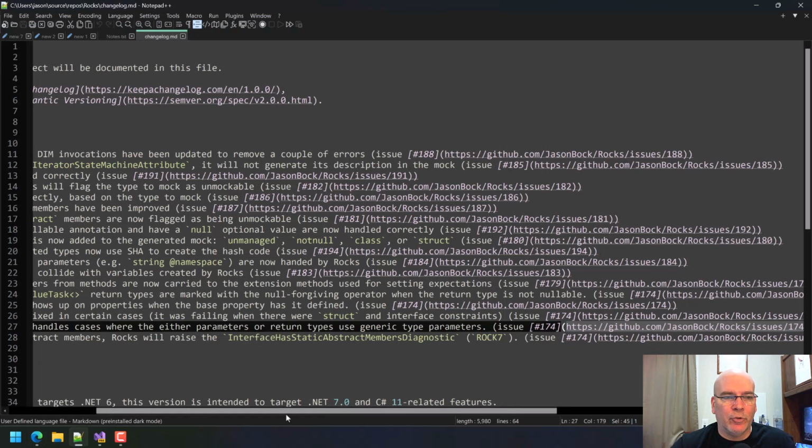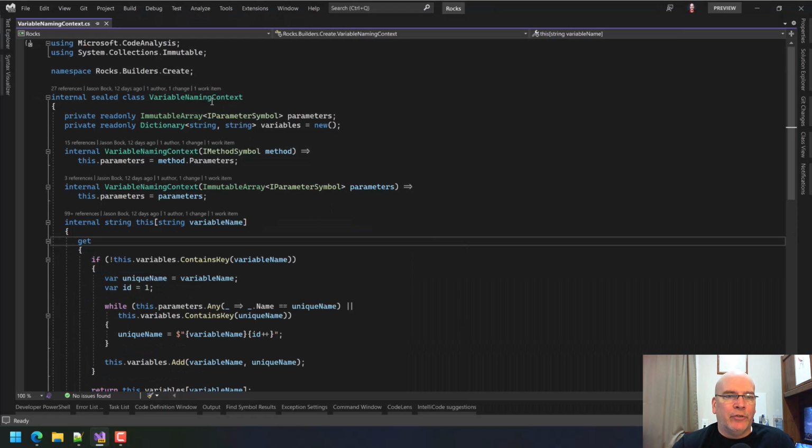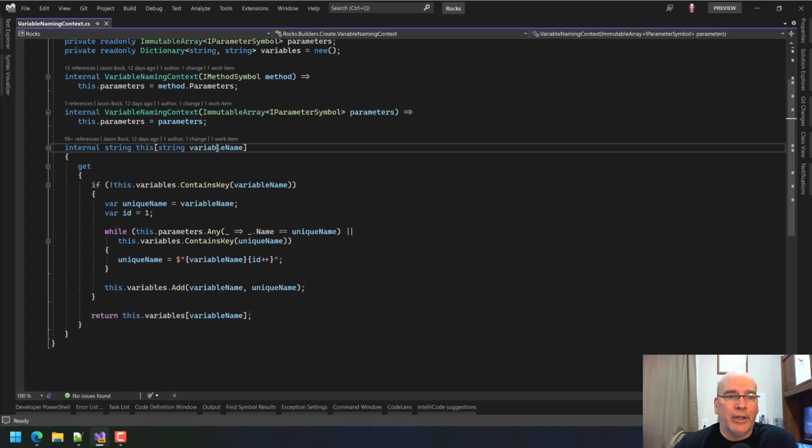All right, so parameter names will no longer collide with variables. This was actually a fun one. Because it took a couple of iterations to get this API, this implementation, the way I wanted it to be. But I ended up with this thing called VariableNamingContext. And so what you do is you pass in either a method or the parameters. And then I just use an indexer to say, hey, here's the variable name I want.